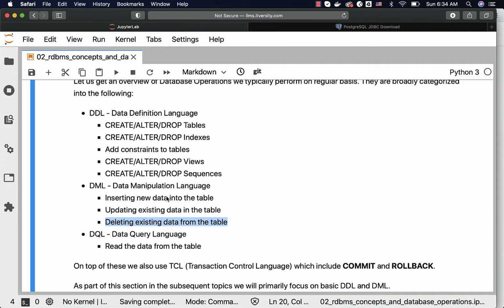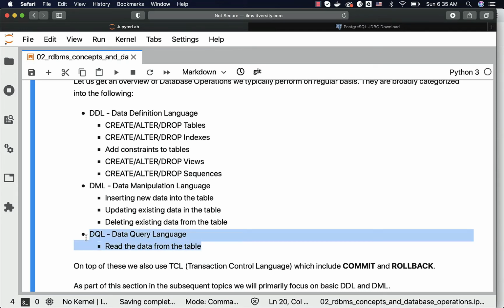Of all these three, DQL is the most prominent one, which is used more frequently than any other type of operations. However, all three are equally important. Irrespective of your role, as long as you have to interact with the databases, you should be familiar with all these at different levels. For example, developers might have to have good understanding about everything. Business analysts might be very good at writing queries. Testers also should be good at writing queries.